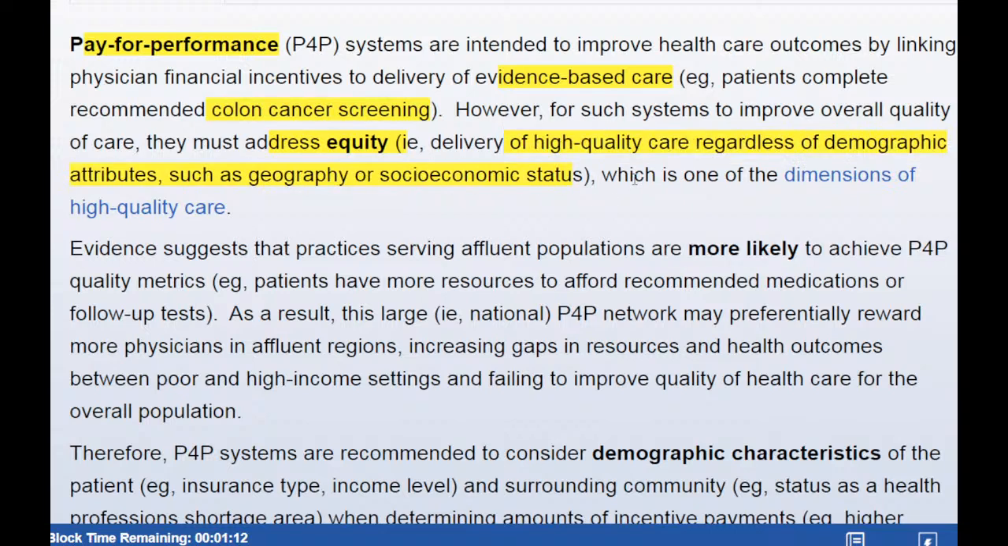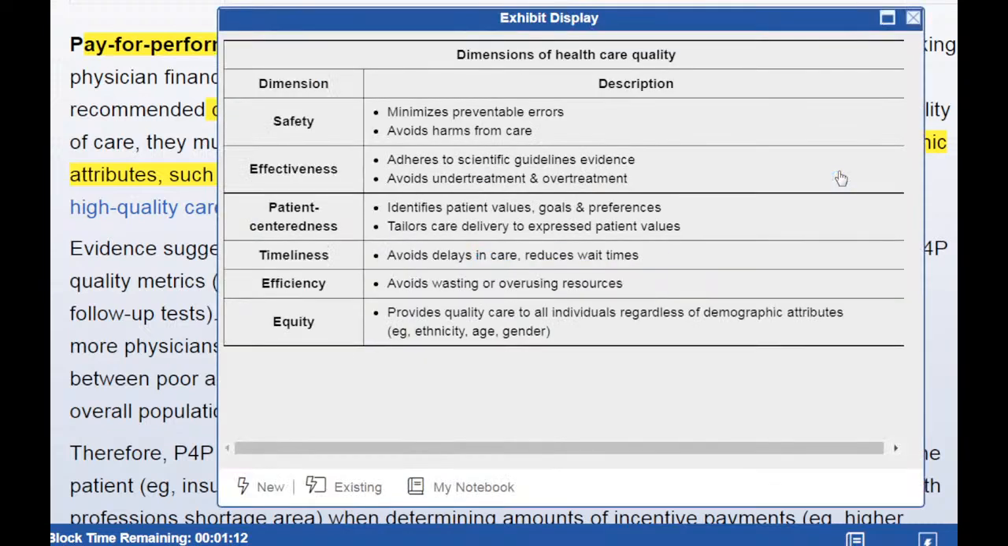Okay. Which is one of the dimensions of high quality care. Dimensions of high quality care. So the dimensions of high quality care are safety, effectiveness,